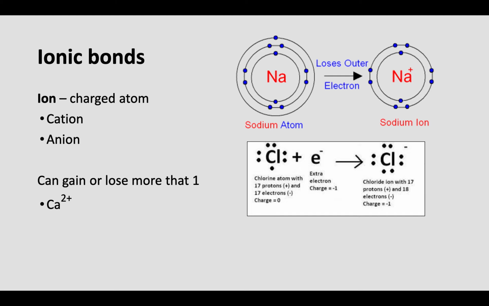Yes? Where does that electron come from? That is a good question. That I might have to get back to you on. Trying to think. Electrons can just kind of float around. Where they come from, though, I'm not sure if another atom is losing it. Let me get back to you on that. I'm going to write a note to make sure that I do get back to you, because now I'm curious. To be continued on that question. Does that make sense with ions?